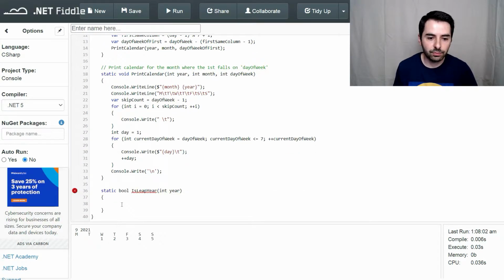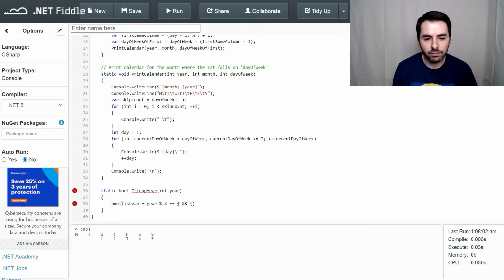And the logic was, we can say bool isLeap equals, so it's divisible by 4, and the way we do that is use this mod operator again. So if the remainder is 0, it means it divides by 4, and then